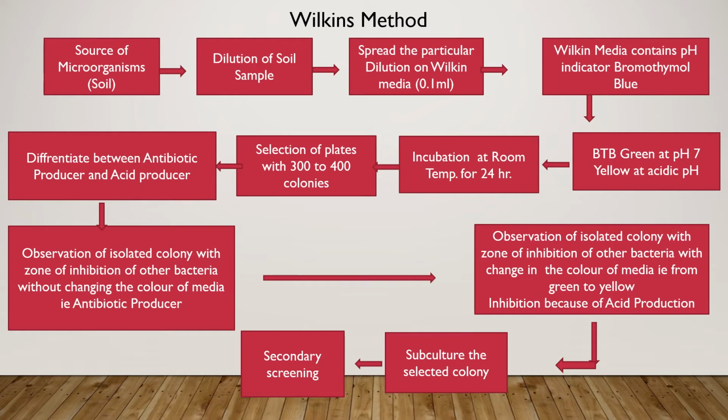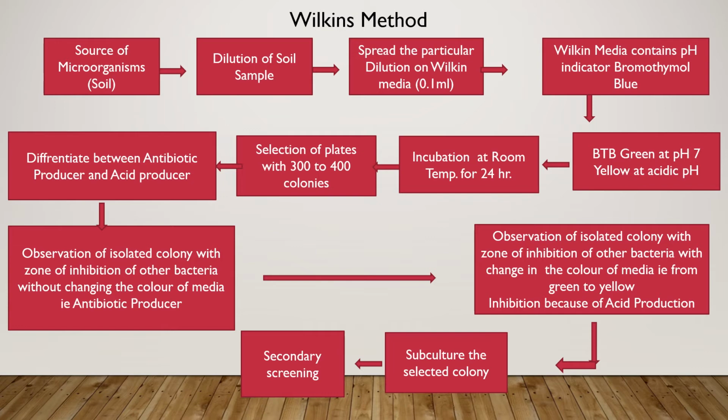Then just observe the colonies. Here we can very well differentiate between an antibiotic producer and an acid producing organism. How can we distinguish between these two? If you can find an isolated colony with a zone of inhibition of other bacteria without change in the color of the media, then we consider this colony an antibiotic producer. In the other case, if we detect an isolated colony with a zone of inhibition of other bacteria with a change in the color of the media, that is from green to yellow,